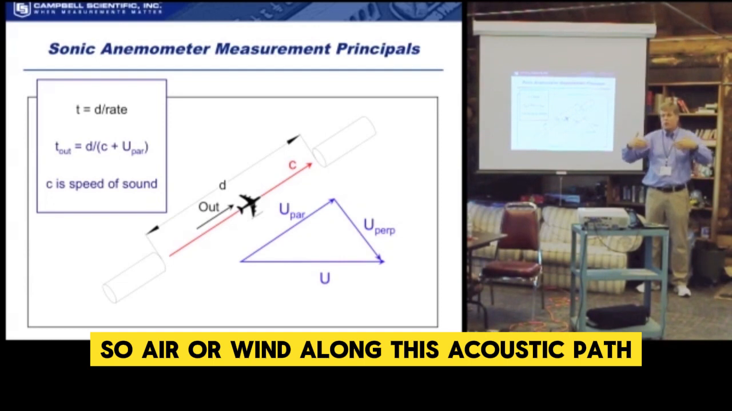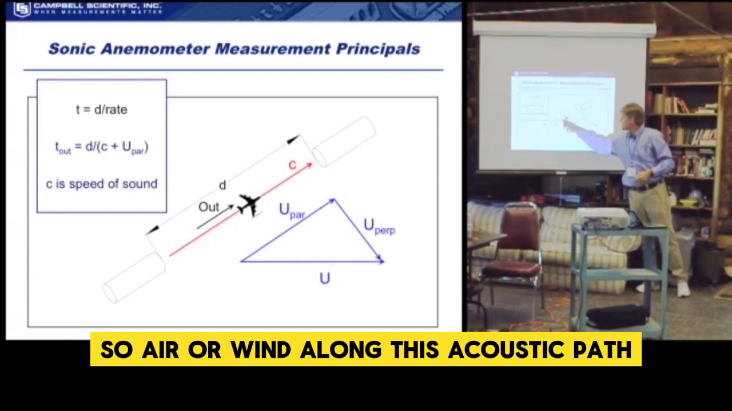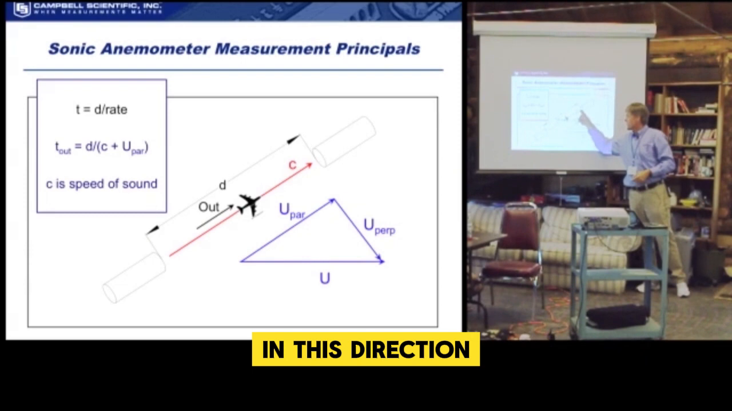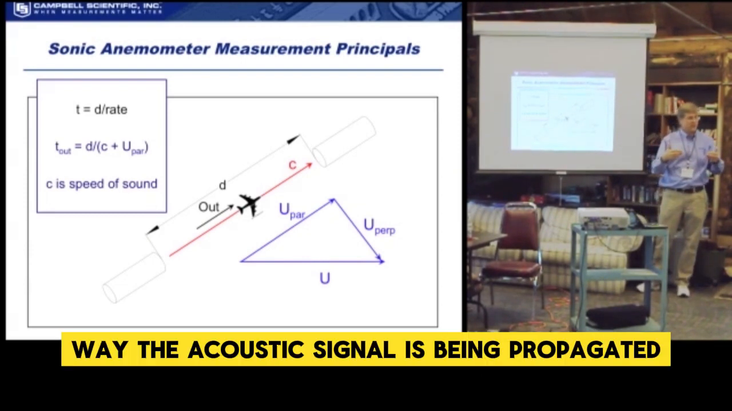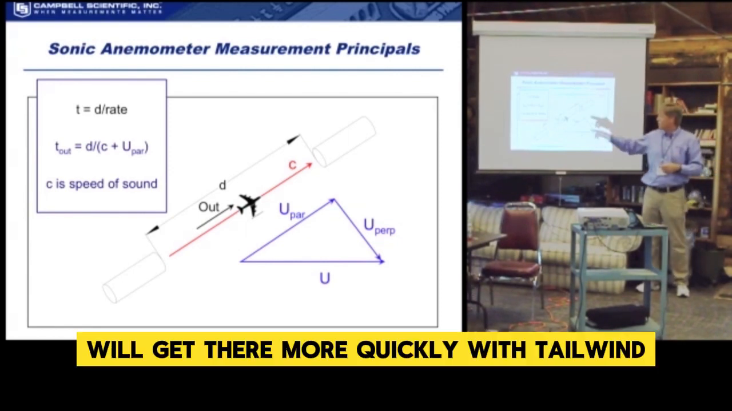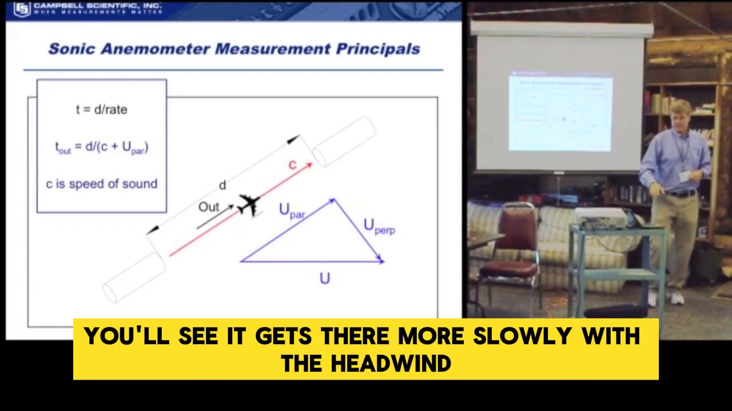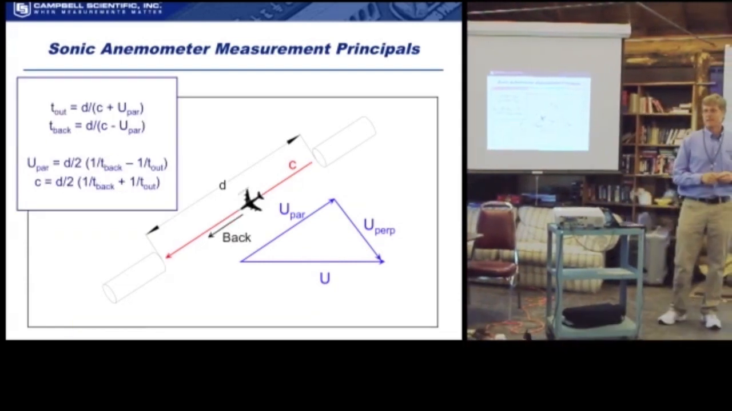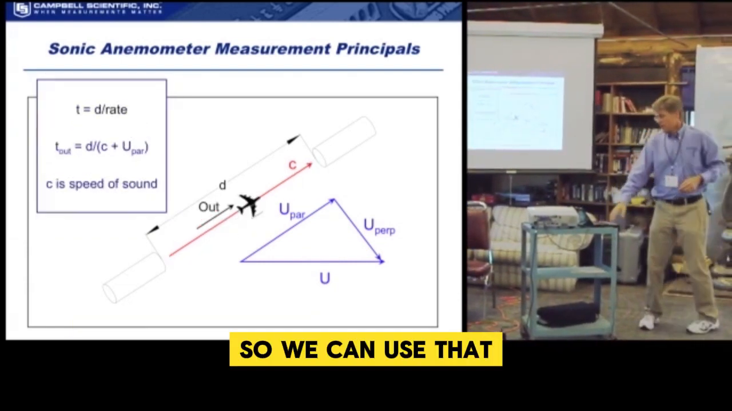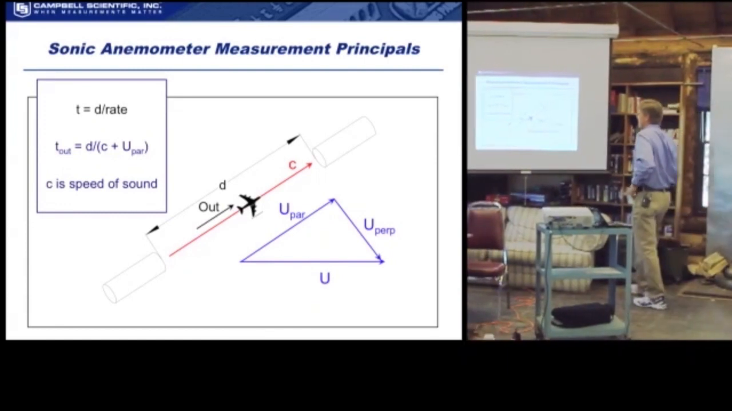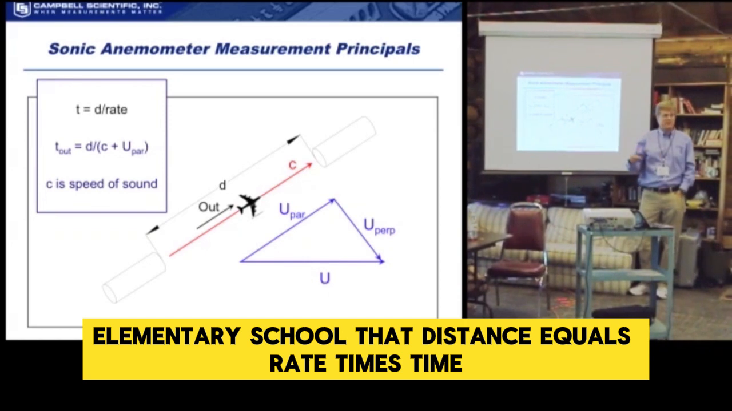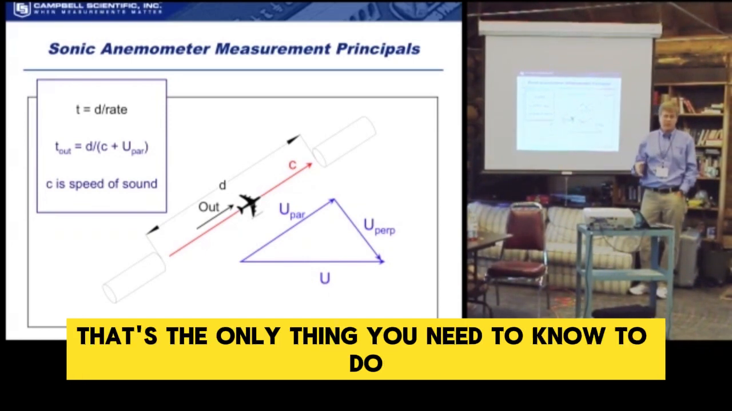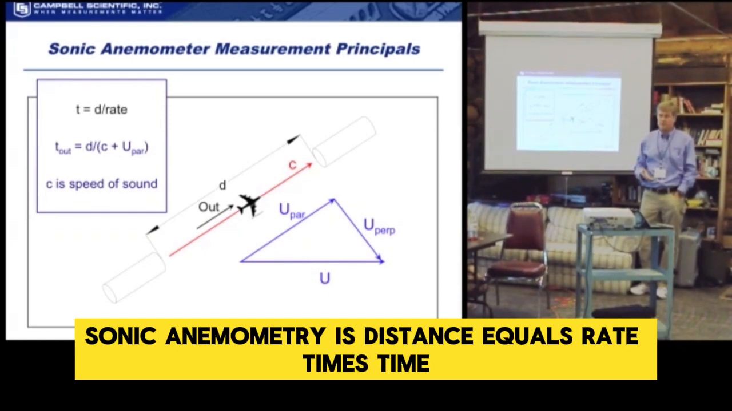So air or wind along this acoustic path in this direction, the same direction as the way the acoustic signal is being propagated, will get there more quickly with the tailwind, and in the next slide you'll see it gets there more slowly with the headwind. All right? So we can use that, and I mean, you learn this in elementary school, that distance equals rate times time. That's the only thing you need to know to do sonic anemometry, is distance equals rate times time,